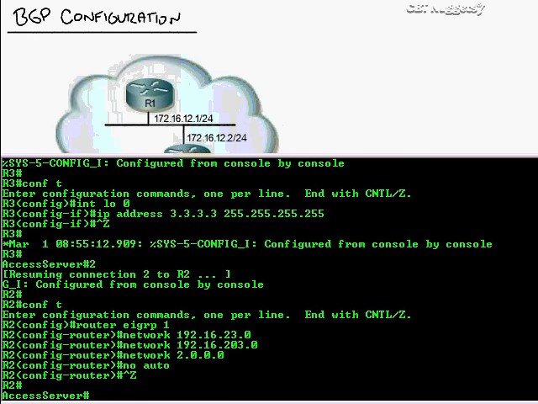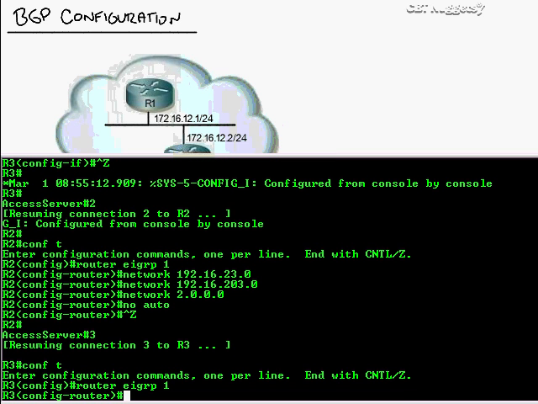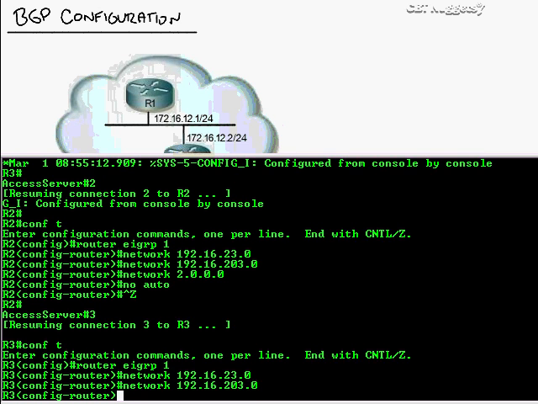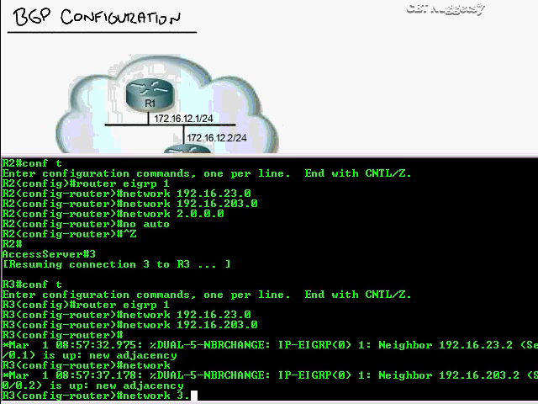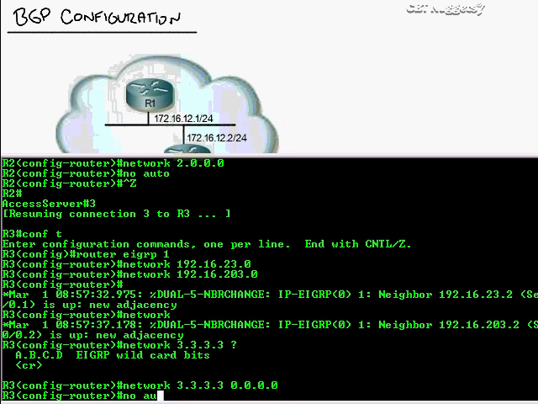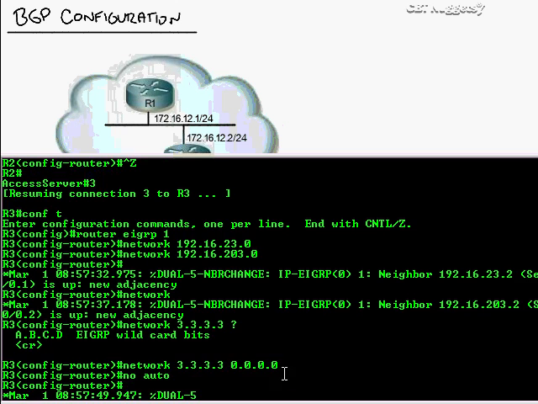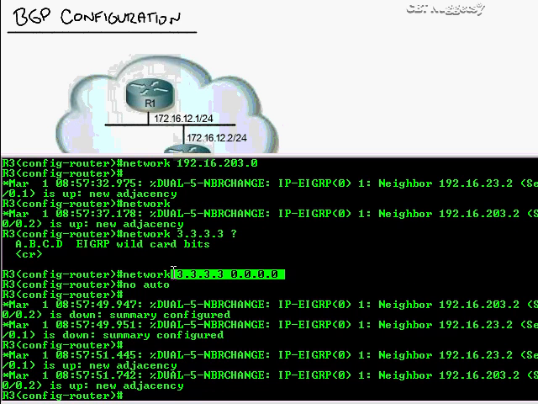And let me go do the other side, router 3, router EIGRP 1, and I'll just cut and paste this one, 23.0 and 203.0. And now I'm going to type in network 3.0.0.0. Now in some recent IOS versions, you might have one that lets you type in the wildcard bits, and you get warm fuzzies if you do that, because it lets you specify exactly what interface or what network, whoa, I'm getting a lot of status messages here, what interface and what network you want to advertise on and also